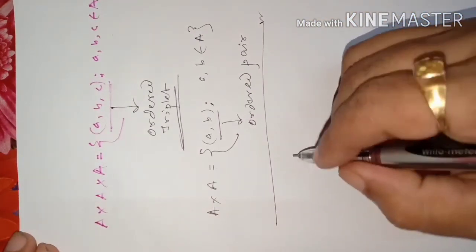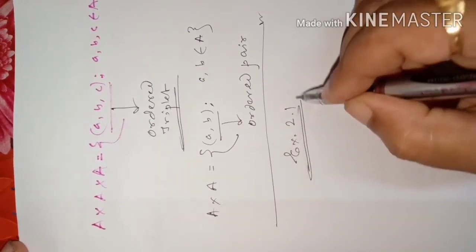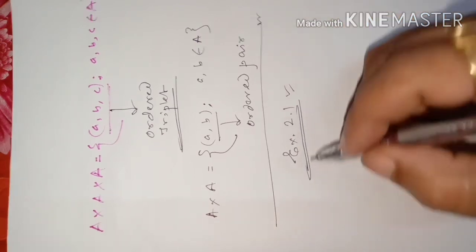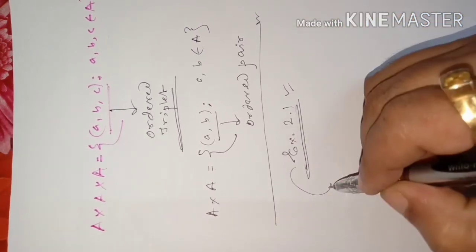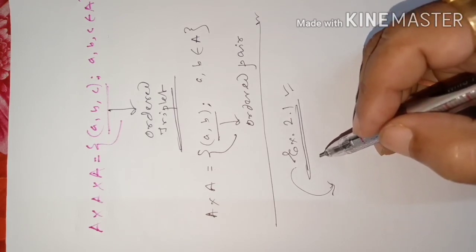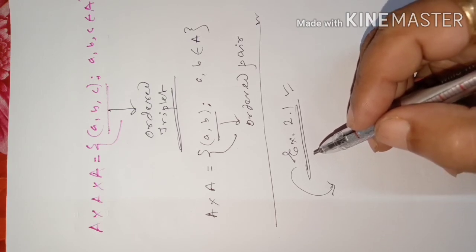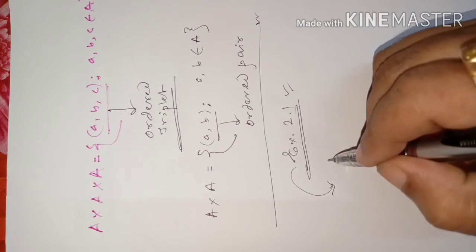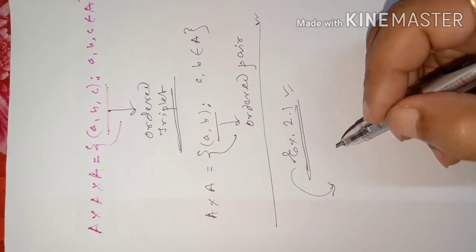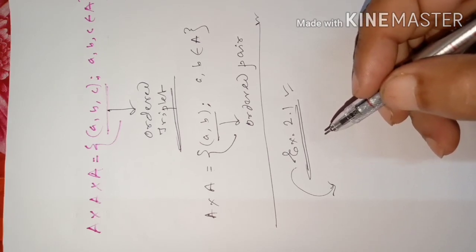So then just go through this exercise 2.1. If you can manage, it is good. If you can't manage, I will help you in solving. And also I told you in the previous class to go through the previous exercise, that is exercise number 1.6. So if you have any problem, just let me know. Okay, and later on if we get time, we will discuss the miscellaneous exercise also. Thank you, students. Have a nice day.